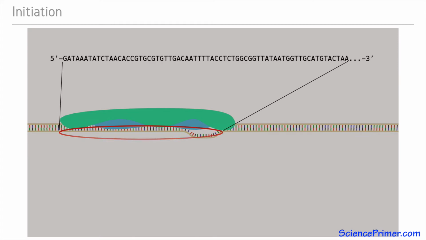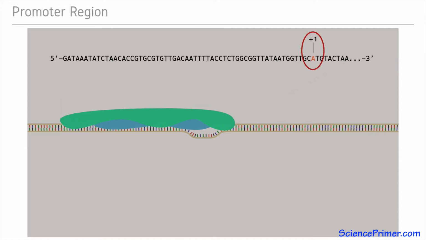the promoter. Bases in the promoter are identified by their position relative to the transcription start site. The first base transcribed is given the label +1. The base just upstream of the start site is counted as -1, and numbers increase in the negative direction from there. Early studies of promoters identified stretches of bases around -10 and -35 that were found to be conserved in